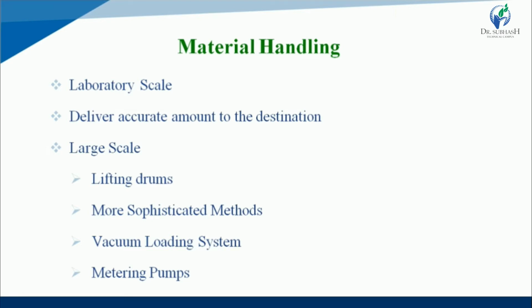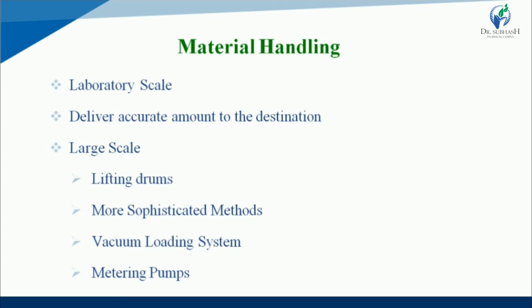What is the metering pump? A metering pump moves a precise volume of liquid in a specified time period, providing an accurate volumetric flow rate. That means a metering pump moves or transfers a specific volume of liquid in a specific time period, providing an accurate volumetric flow rate. And delivery of fluid in precise adjustable flow rates is sometimes called metering. That is called a metering pump.